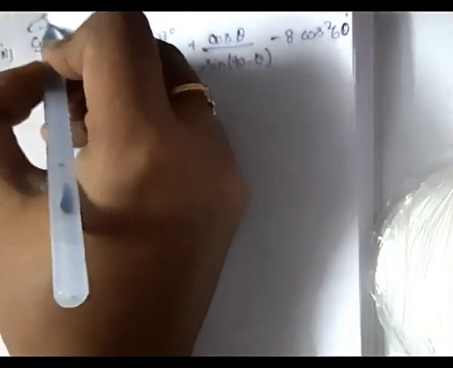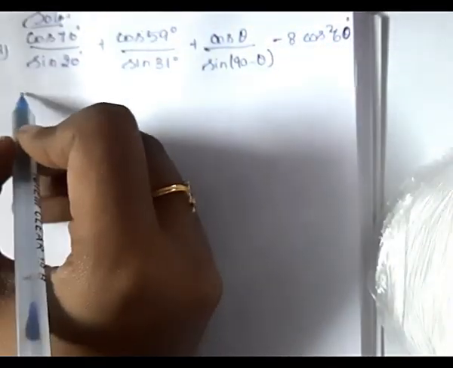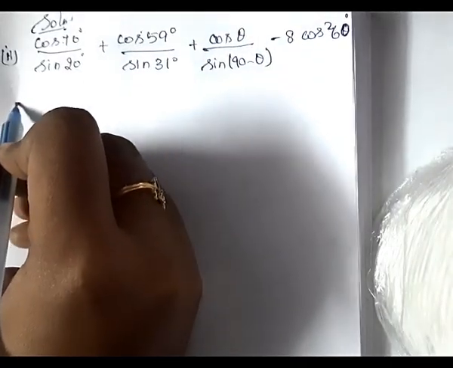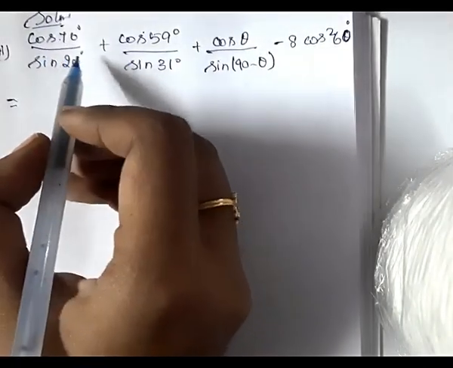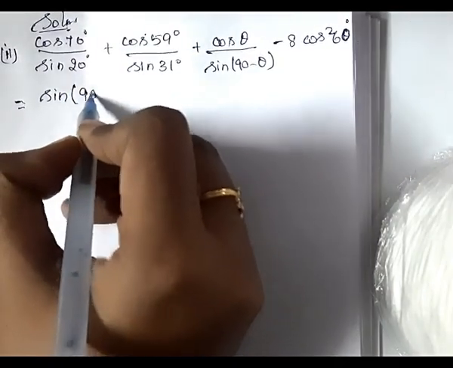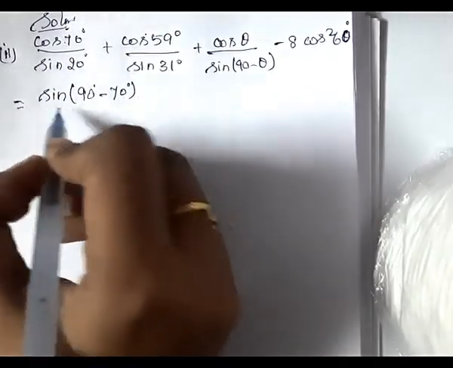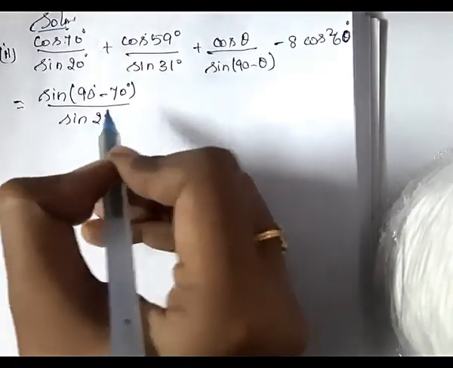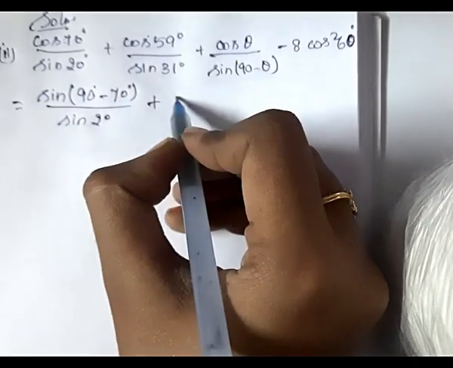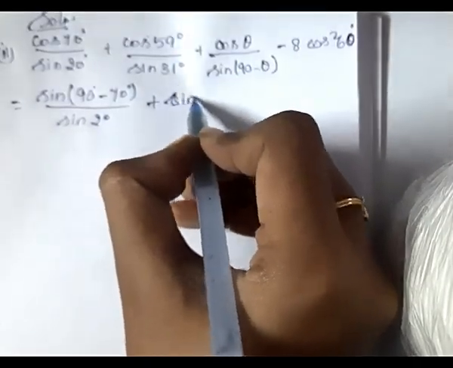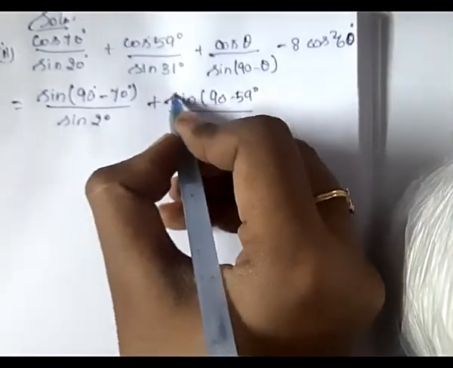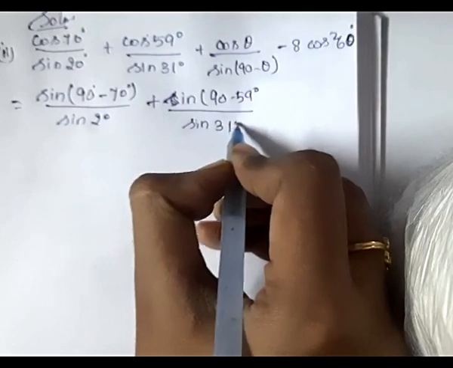Okay, solution. You know, in any one of numerator or denominator, you have to apply the value. I choose the numerator. So cos 70 degree, I can write as sin (90 minus 70) degree by sin 20 degree plus, again I am going to apply the value. Cos is here, so sin (90 minus 59) degree by sin 31 degree